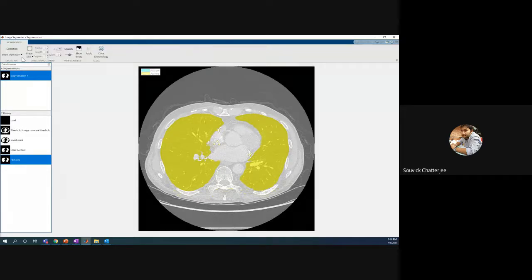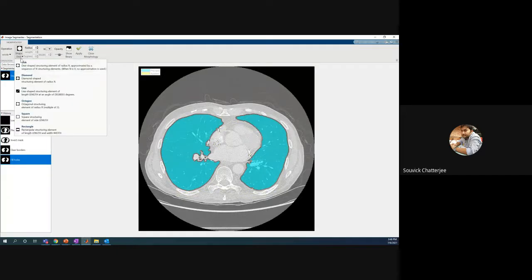So inside morphology, you can select an operation of either dilate, erode, or open. If I click on erode, you can select the type you want: the disk, diamond, or line. Remember whatever we did last time, those were writing code. You can do the same things in the app as well. It depends on what you want to do.